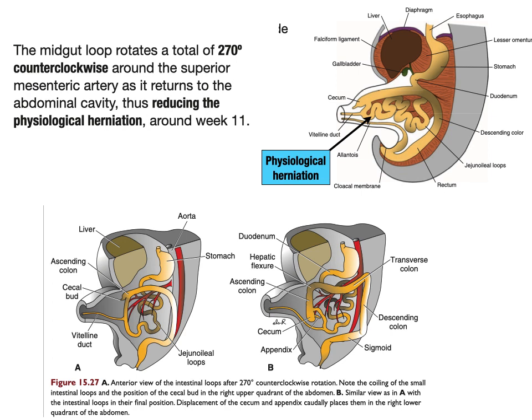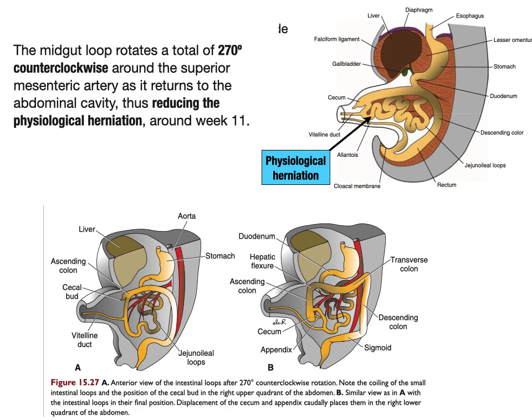It's not represented here, but they are in between. The cranial limb of the primary intestinal loop initially develops above the superior mesenteric artery, and the caudal limb of the primary intestinal loop develops below the superior mesenteric artery. First, the loop will rotate 90 degrees counterclockwise around the axis of the superior mesenteric artery and moves the cranial limb to the right side of the artery and the inferior limb to the left,